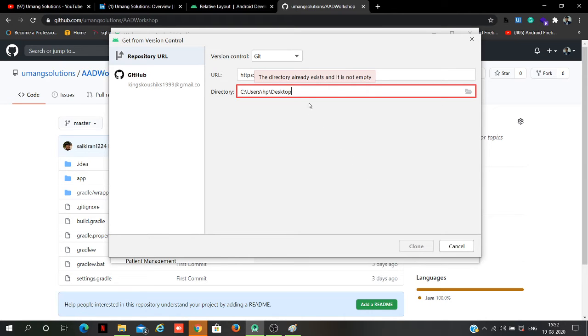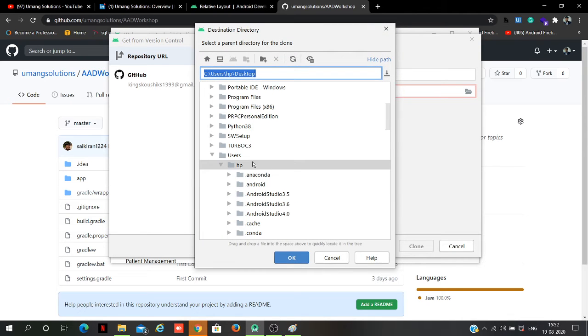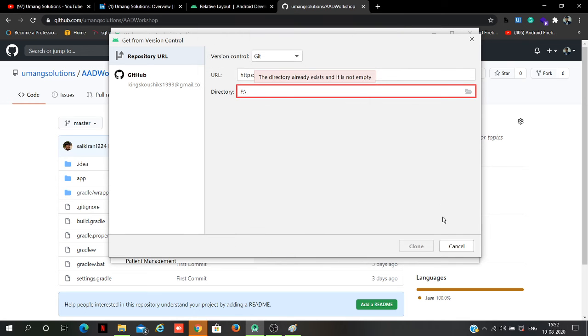Okay, the directory already exists, so let me clone it to the F drive itself, in the AAD folder.